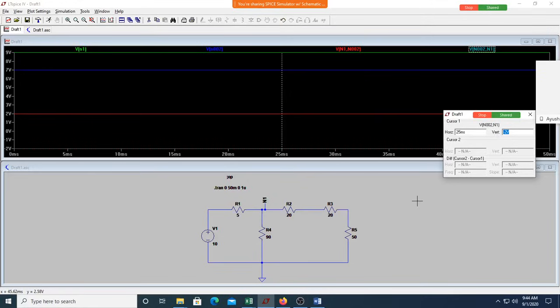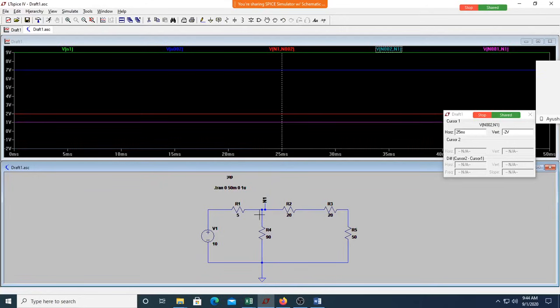Got it? Yes, sir. So we have to be careful while holding the probe where to get plus, because you'll be writing this as plus, this as minus. So this should be your red and this should be your black. If you are measuring this as plus and this as minus, then this should be plus and this should be minus. Minus is usually always black, so red is always the positive one. This way you can comfortably measure the voltages. So did we verify Kirchhoff voltage law and current law today?